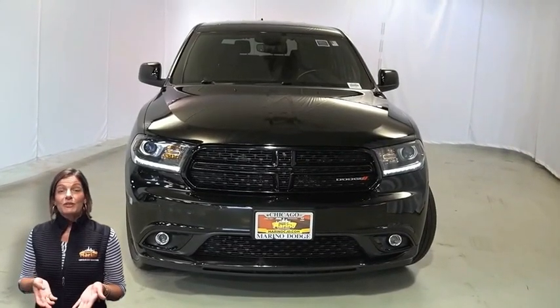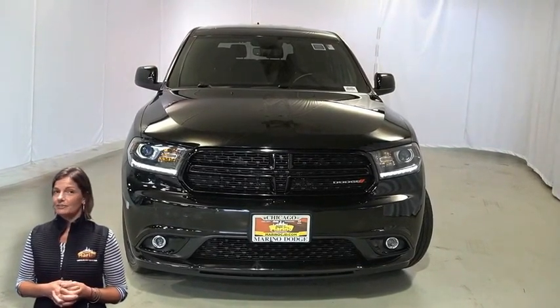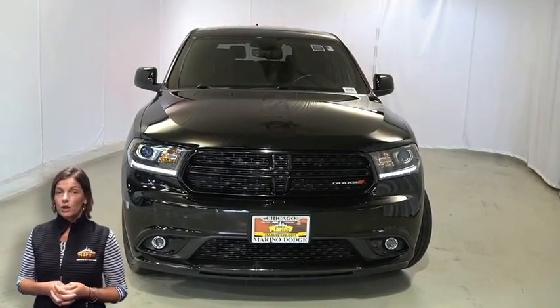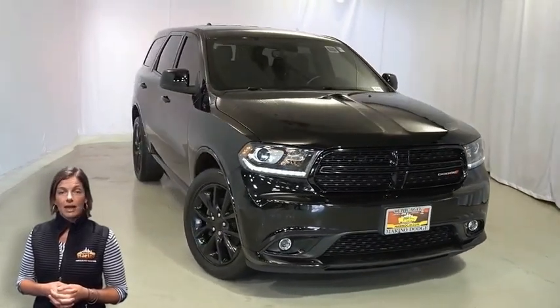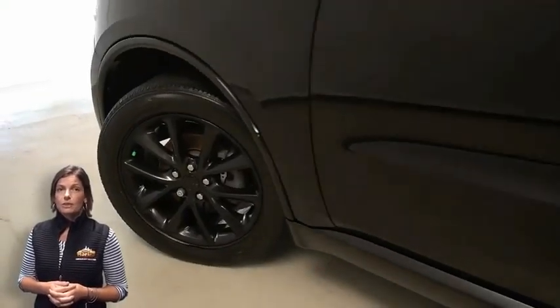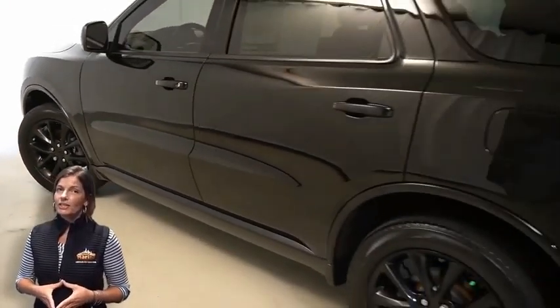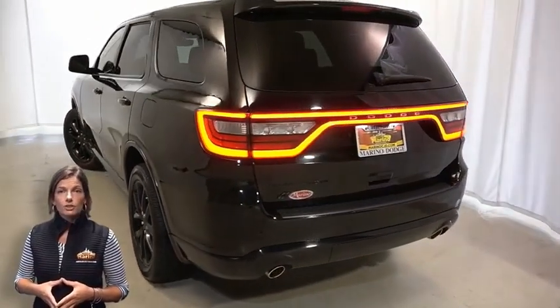There's only one vehicle that blends classic style and modern design to create the next generation of an icon. Take a look at this certified pre-owned 2018 Dodge Durango SXT in diamond black crystal pearl. With LED daytime running headlamps, front fog lamps, 20-inch aluminum wheels, bright side roof rails, rear window wiper and washer,